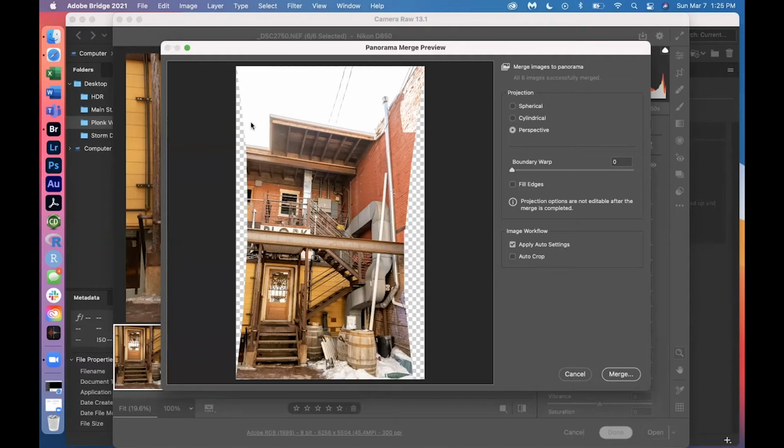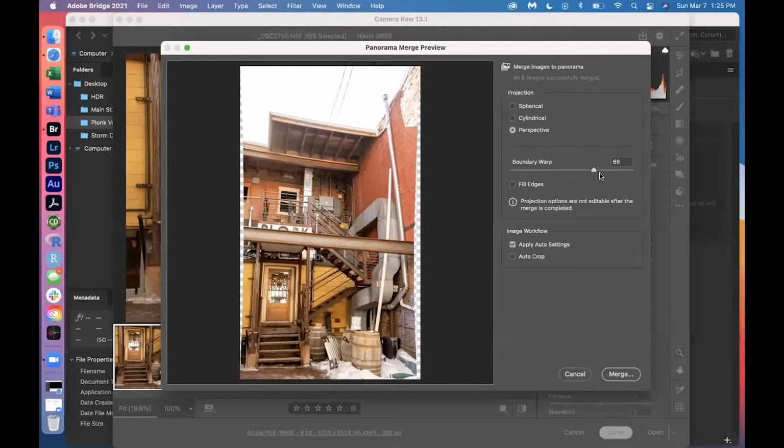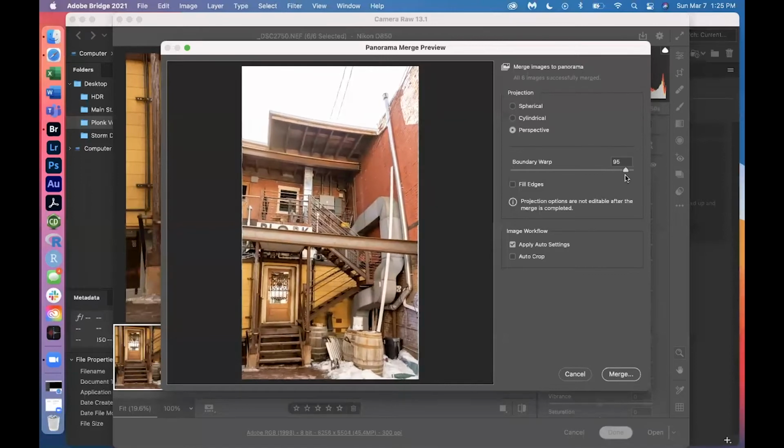So you'll lose that part of the image. So what the boundary warp function does here is essentially it's taking the information that you do have and stretching it to the edges of the frame. So if we go all the way to 100 here on boundary warp, now we don't have any of that missing information anymore. But what you can see is that after I've done that, we do have a little bit of distortion